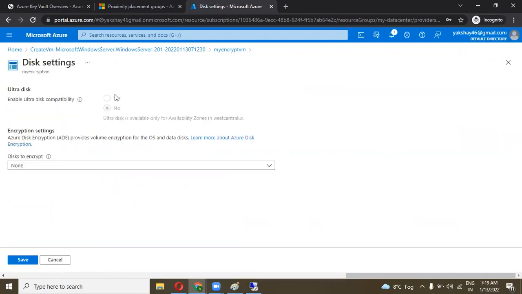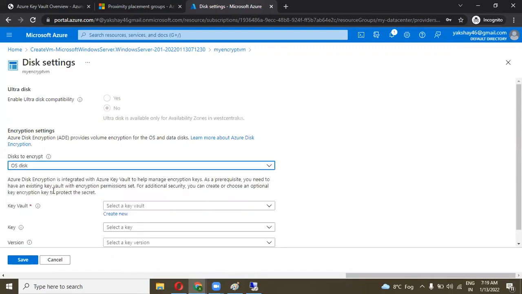Now you can encrypt your disk here. Click on none, click on the OS disk if you want to encrypt your OS disk. If you want to encrypt your OS disk and also the data disk, select this option. If you want only the OS disk, then select this.